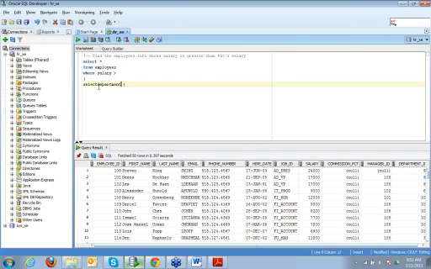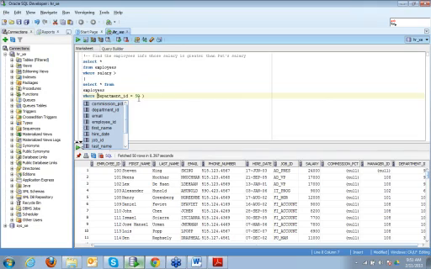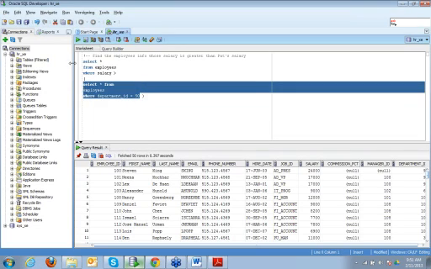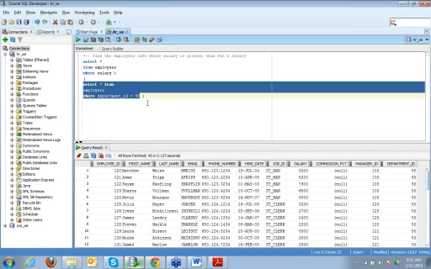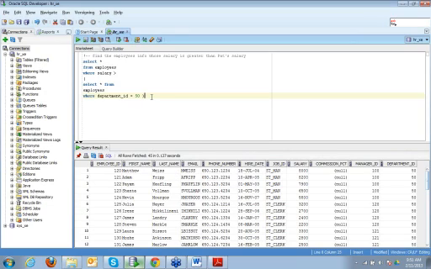For example, if I say select star from employees where department ID is equal to 50, let us run this subquery first and see whether it's a single row or multiple rows. It's definitely a multiple row query. There are so many people in department number 50.